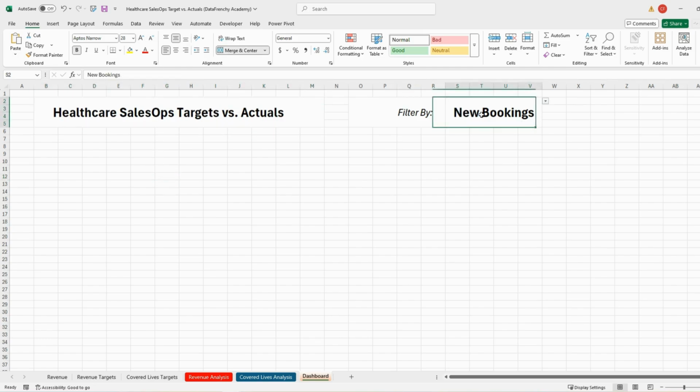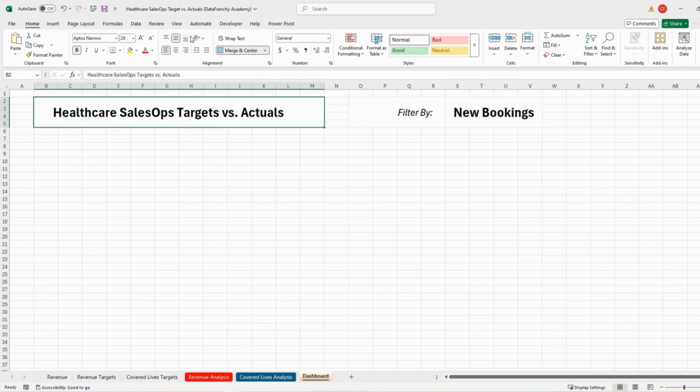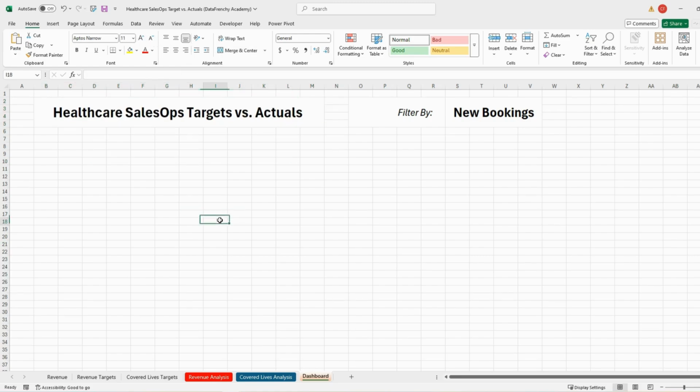Actually a little less. That's 28. Let's make that 30. Okay, cool. So we're good there. And actually, let's go into here. I want this to be a certain color. Let's make this like